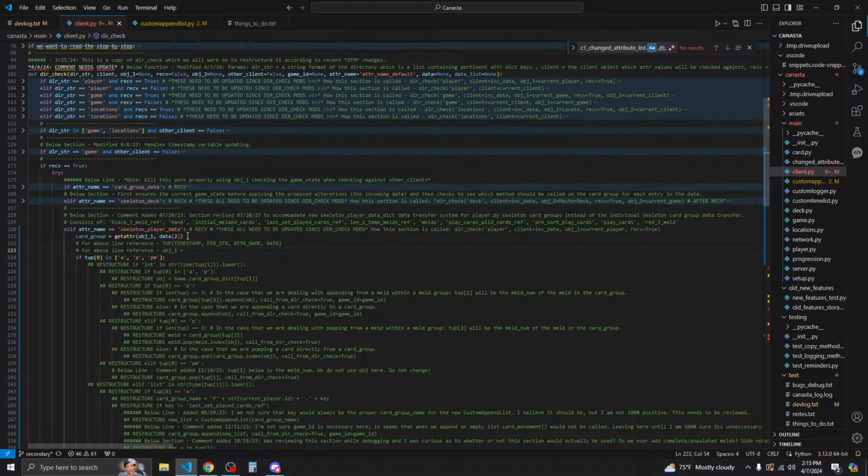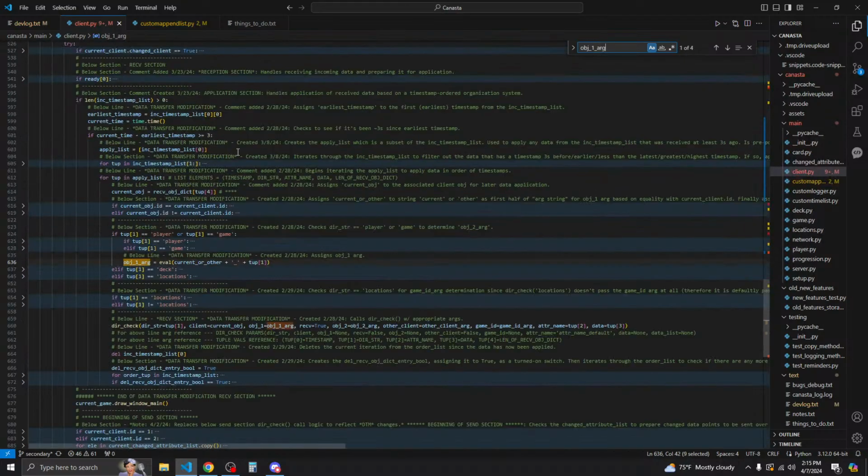Let me say object1 equals, and this is for player and receive, and this would be the object1 arg. So let's search object1 arg, and this is for the receive.